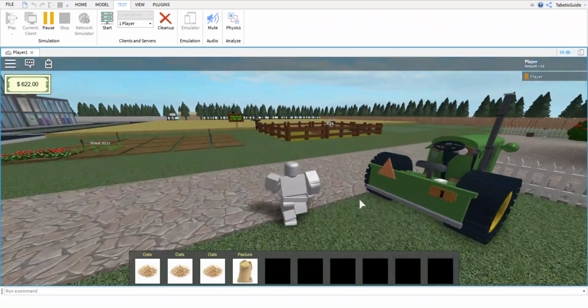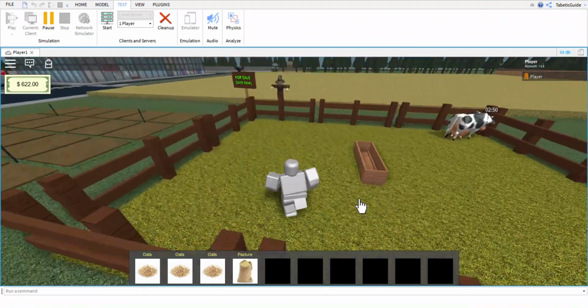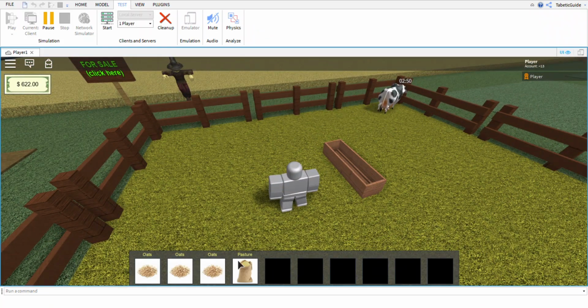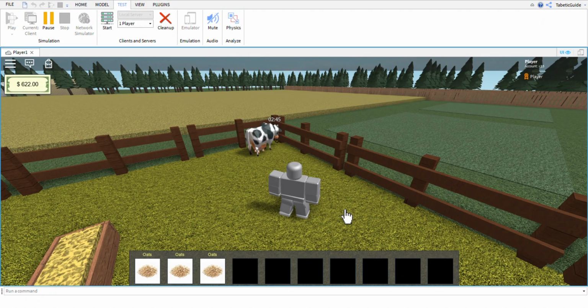where our poor starving cow is. And the process is automatic. You don't need to do anything as long as you have it in your backpack. If you have the wrong food and you click on the trough, it'll tell you you have the wrong food, but as long as you have the right food in your backpack and you click the trough, the process is automatic. It feeds the cow or whatever animal is in the pasture,